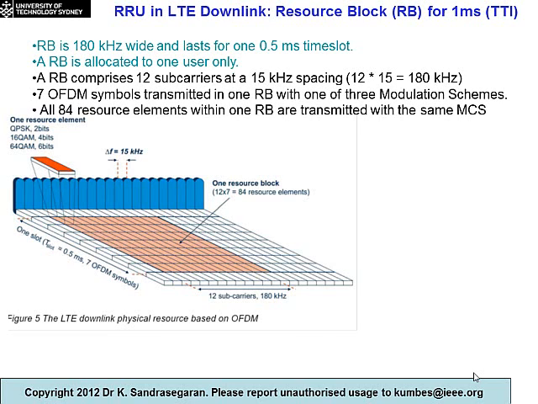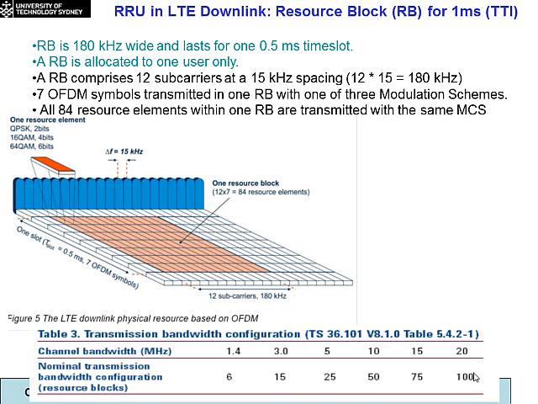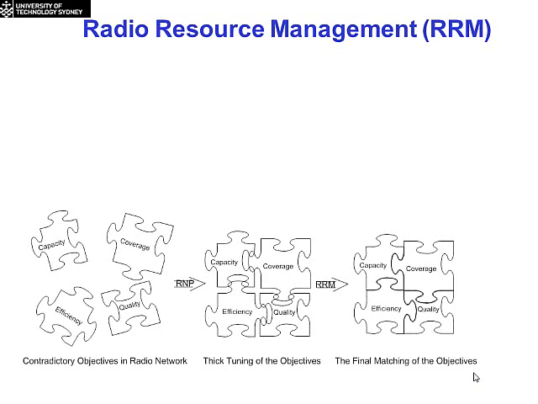Now within each of these resource blocks, there are 84 resource elements, and within a resource block, all of them are transmitted with the same modulation and coding scheme. These are concepts that we looked at, and depending on the bandwidth, obviously the higher the channel bandwidth that you have, the more resource blocks that you can have. So this lecture looks at how we go about allocating these resource blocks in an efficient manner to all of the users. The title of this lecture is Radio Resource Management, and basically in any radio network,